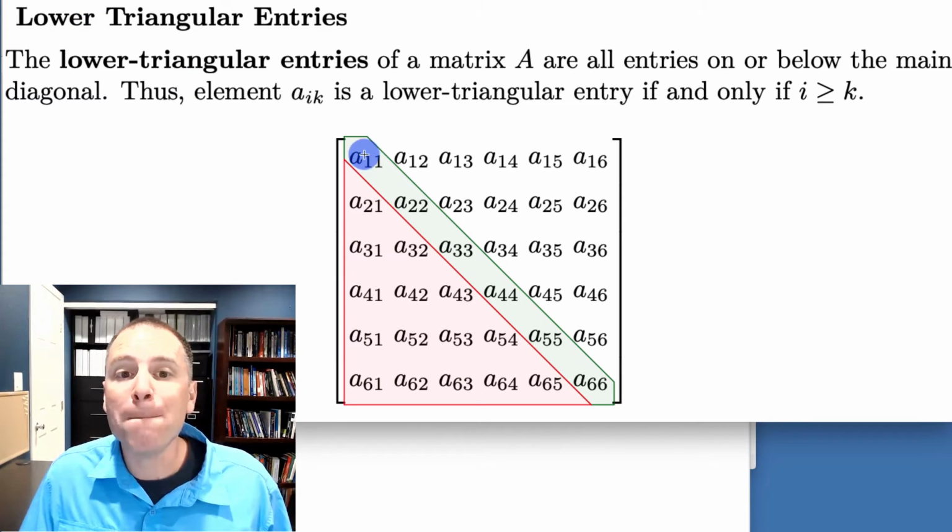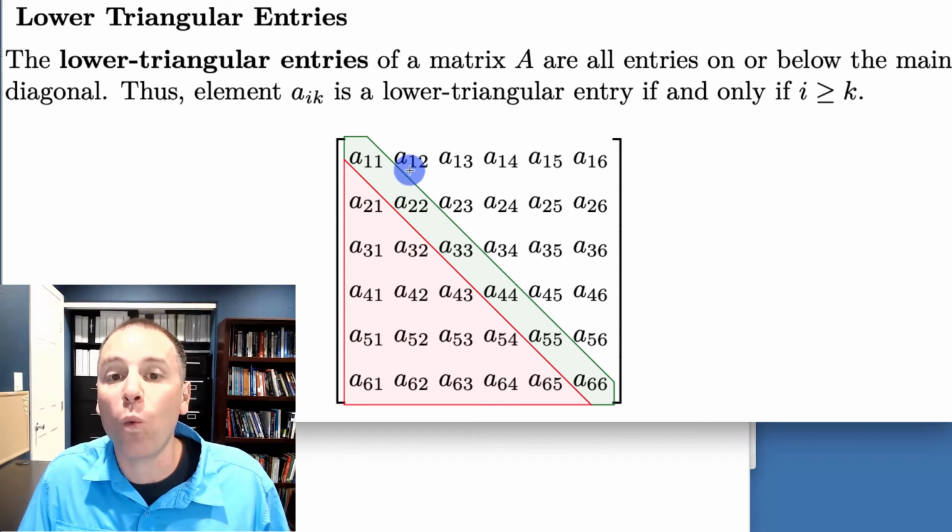We've talked about the main diagonal entries of a matrix, which are the ones where the column and row index are identical. We've also talked about the diagonal bands of a matrix. Positive diagonal bands are the ones above the main diagonal. In other words, positive difference between column minus row index. Negative diagonal bands are below the main diagonal. In other words, the difference between the column index and the row index is negative.